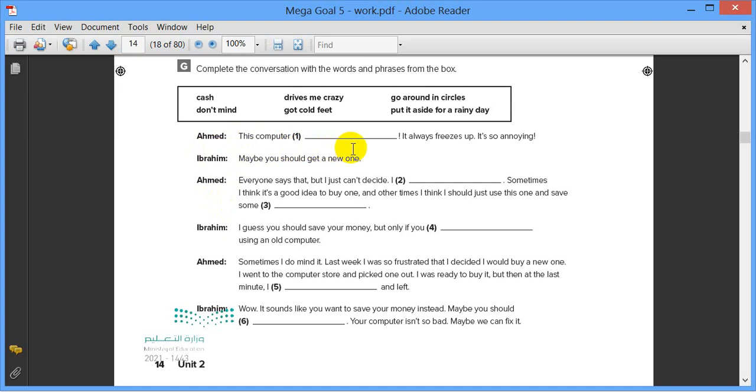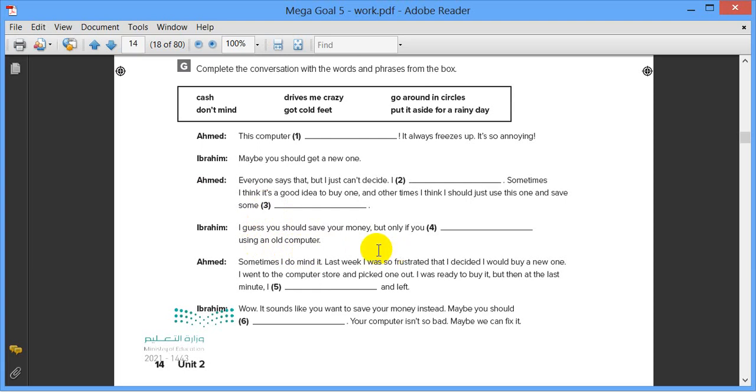Ahmed: This computer, it always freezes up. It's so annoying. So, this computer drives me crazy. Yes, make you annoyed, so drives me crazy. Ibrahim: Maybe you should get a new one. Ahmed: Everyone says that, but I just can't decide. I just can't decide. I, yes, go around in circles. Sometimes I think it's a good idea to buy one, and other times I think I should just use this one and save some. Yes, some cash, some money. Ibrahim: I guess you should save money,